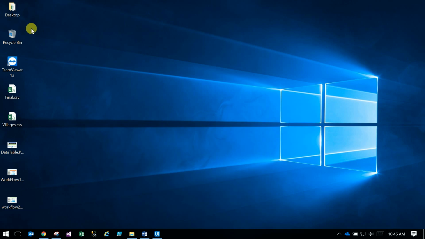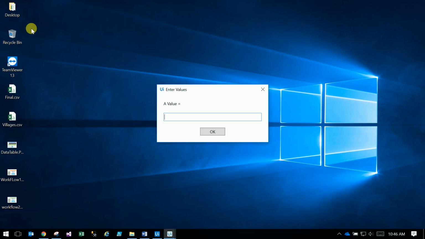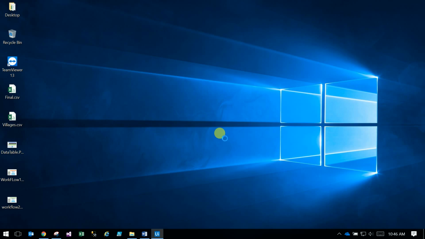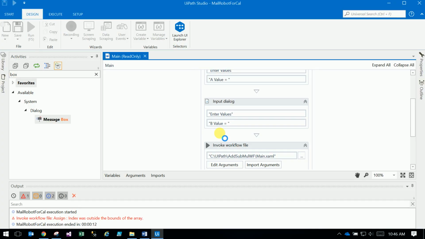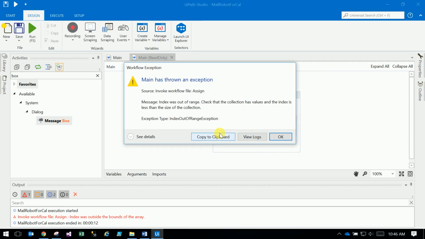So once it runs, it will ask first for a value. It is asking for a value, give 10. It is asking for b value, give 20. See the value, maybe, oh, it is showing some error, might be index was not found. What is the problem? Index is less than the size of the